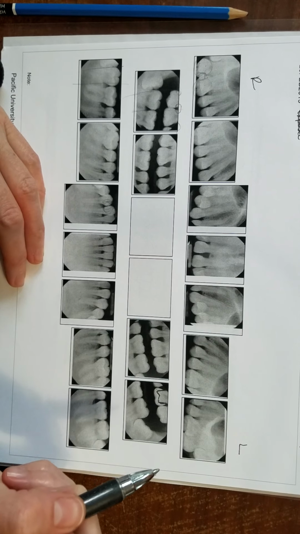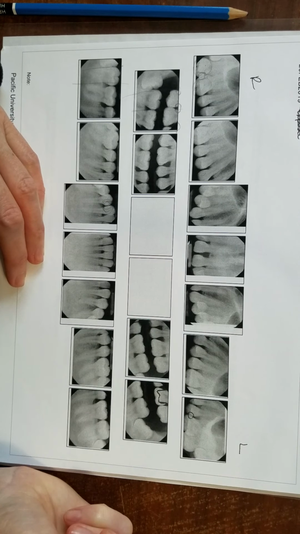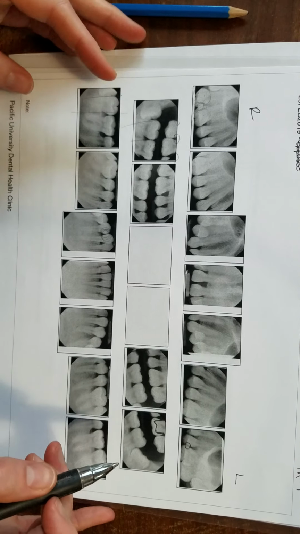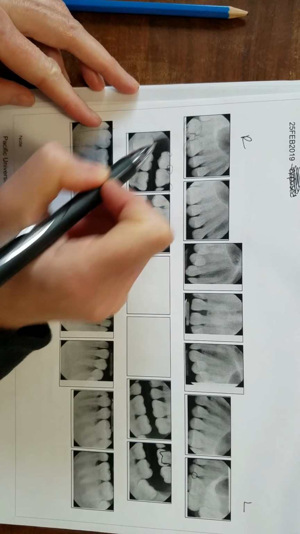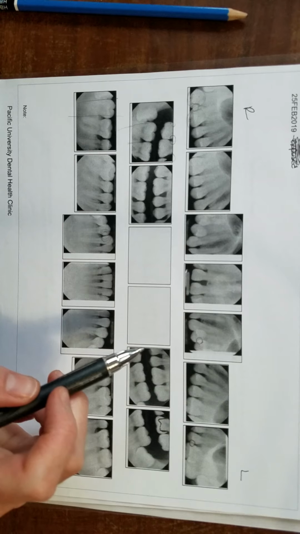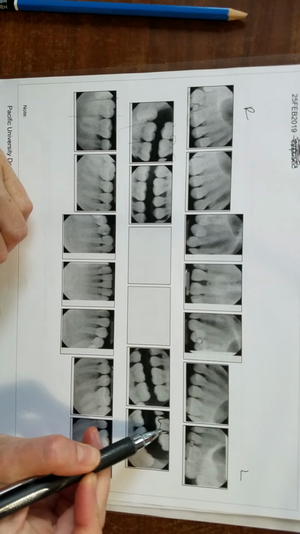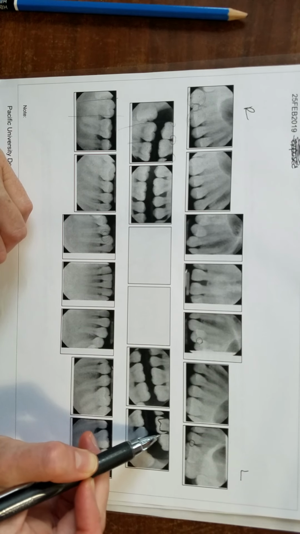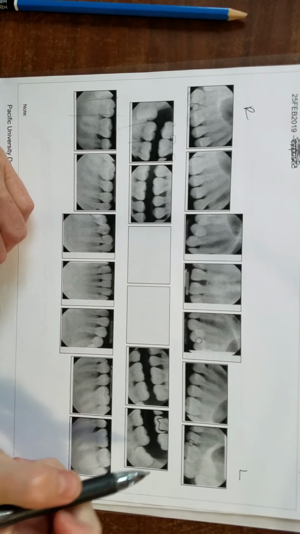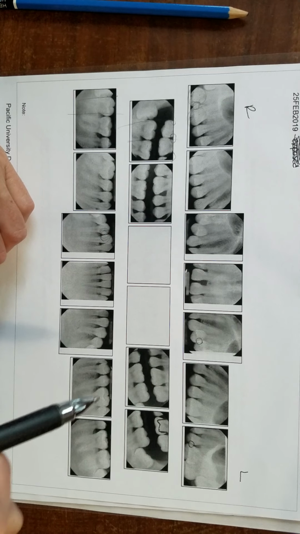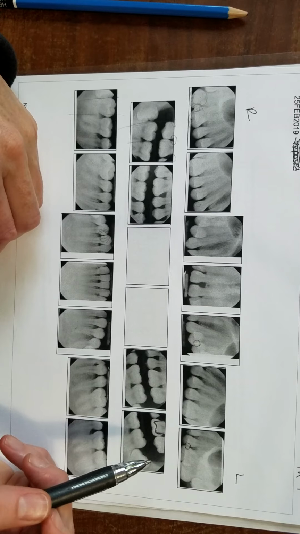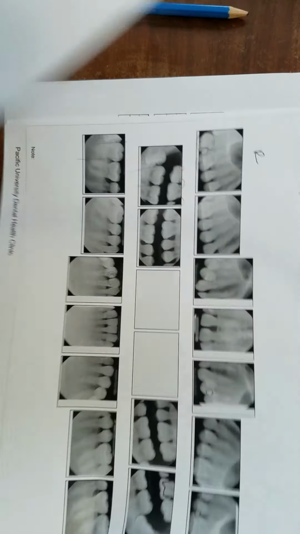So if there's an overlap, like here's a tiny bit of an overlap here, this FMX has very few overlaps, really. It's very good. And there's a little bit of an overlap up here, but it's hard to see that. But anyways, you can kind of see that overlap, but that's kind of a wonky picture. If the overlap doesn't cross into the DEJ, typically we don't retake it, although the criteria is that it doesn't overlap more than a third into the enamel. But very often in an FMX, you can see that space somewhere else. So we would only retake it if there was no way to see that interproximal space in any other film. So, okay, going back here,